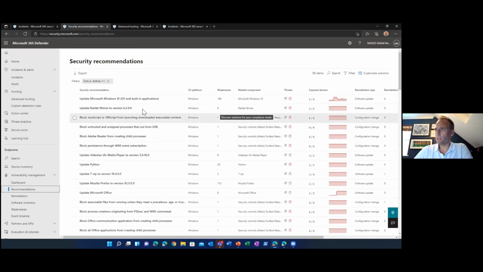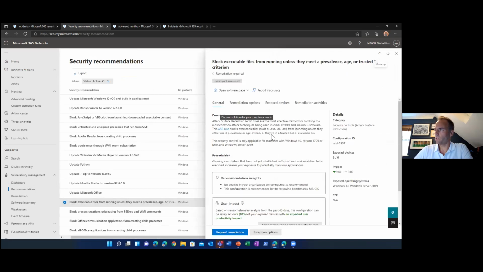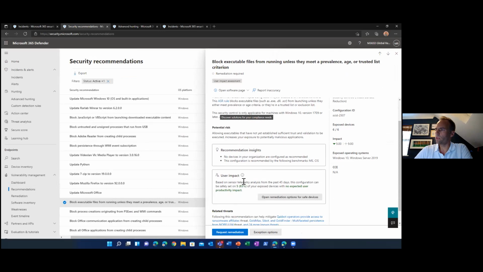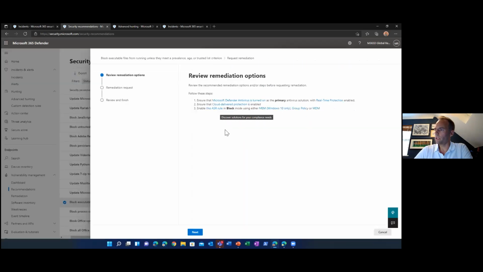And from these recommendations, you can click on any of these to get a bit more information. And so if it's something like maybe a configuration or an attack surface rule that would help with the mitigation of this, it'll tell you what the user impact would be. So if you turned on this specific attack surface reduction rule, it can be safely set on 5 devices, so 83% of assets in the organization, without any issues. So you could then open a remediation option for this specific